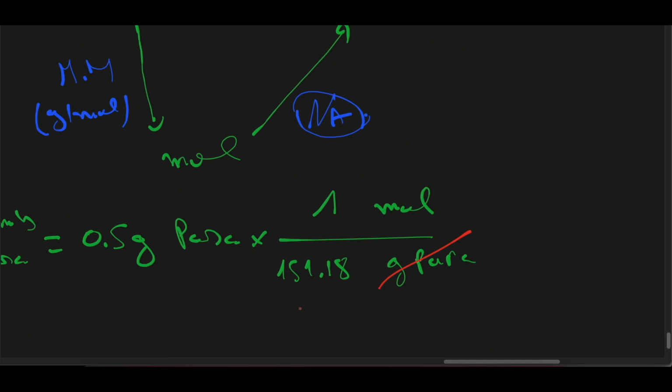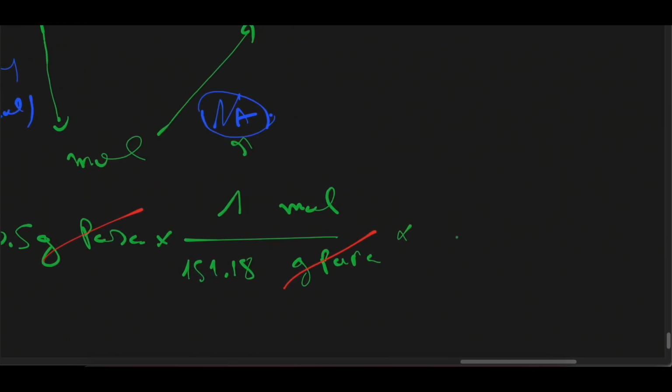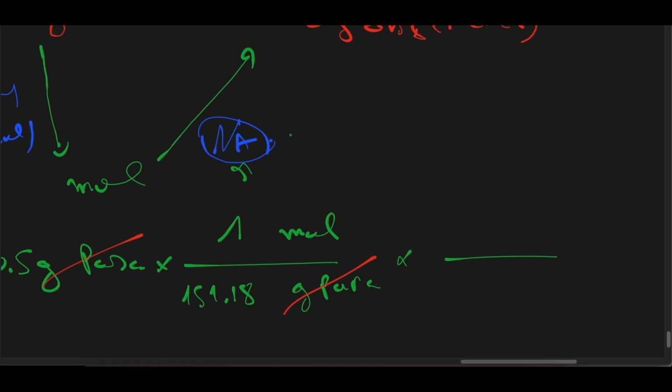So we can cancel gram of paracetamol with gram of paracetamol. After that, we know that now we have to introduce the Avogadro's number. The Avogadro's number corresponds to 1 mole. So 1 mole of any substance contains this number